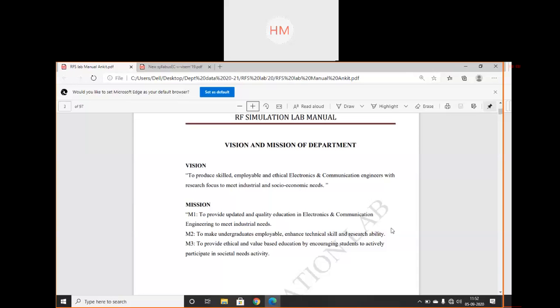Third mission, to provide ethical and value based education by encouraging students to actively participate in societal needs activity. As an engineer, technical responsibility is there, but with that, our family responsibility and our social responsibility towards society and nature should be on top priority. So we should always contribute towards these skills.